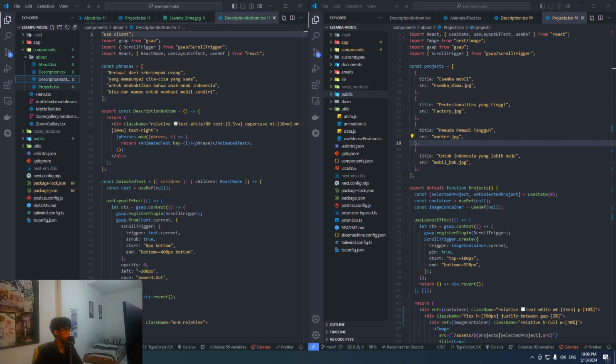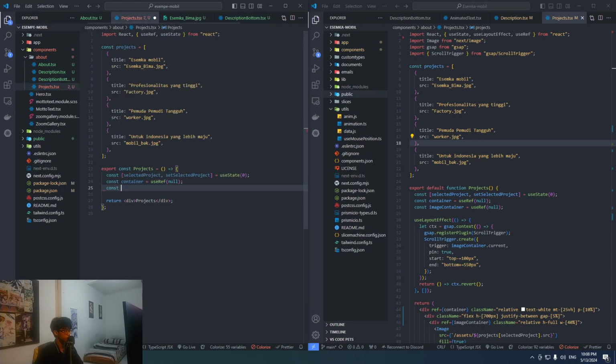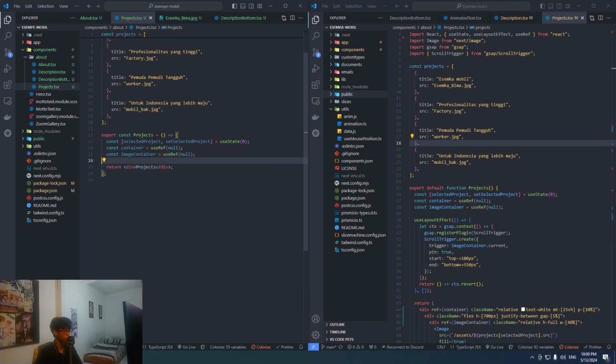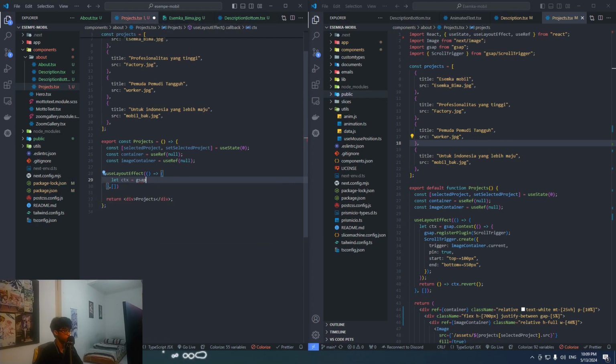Oh, I think I forgot something to change here. So it's not tags but container. Alright, let's continue this one. Make another constant for the image container, use reference. And then after that, I'm going to make some use layout effect again. So we're going to make some ctx as usual, gsap.context,